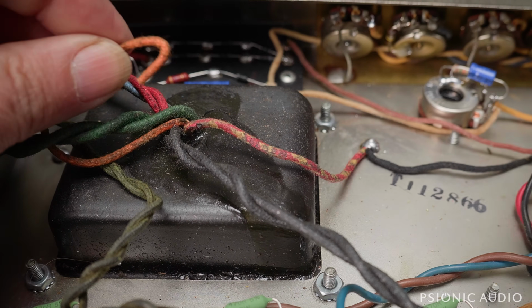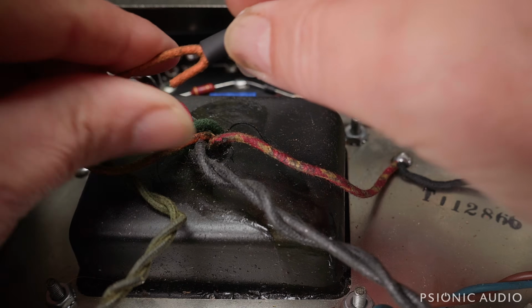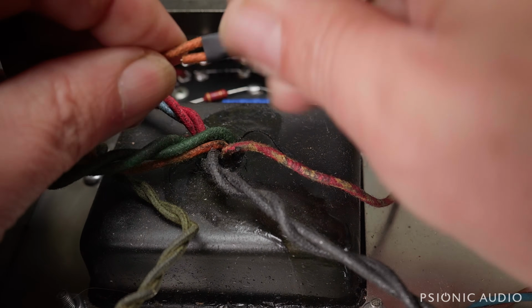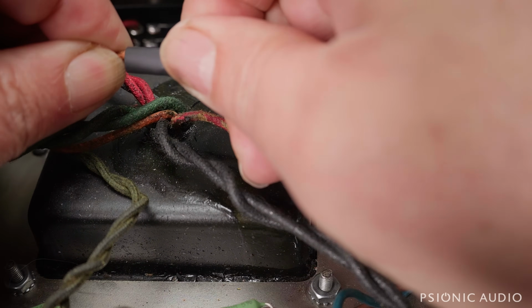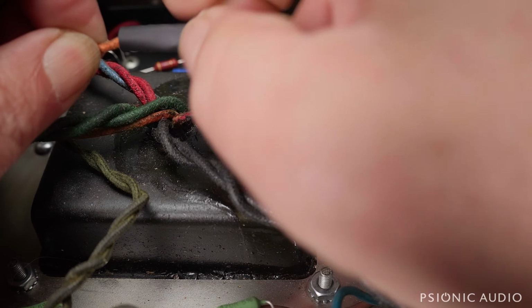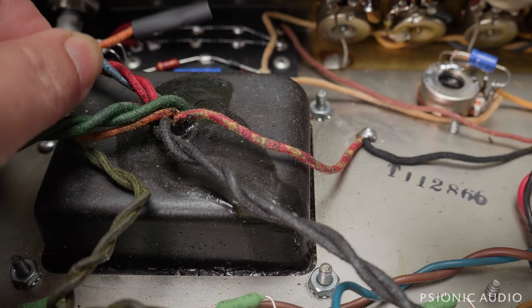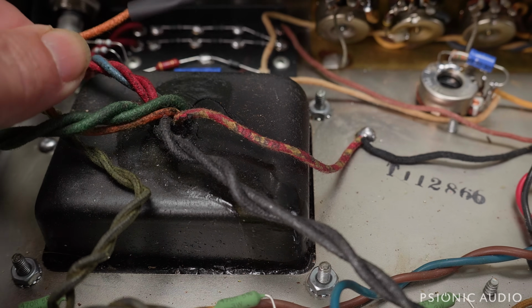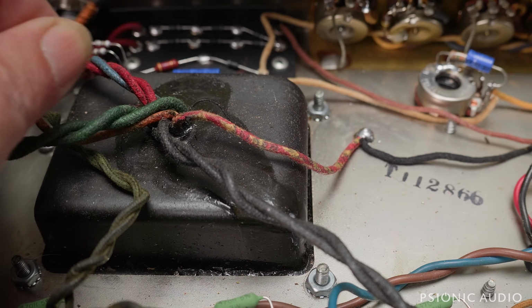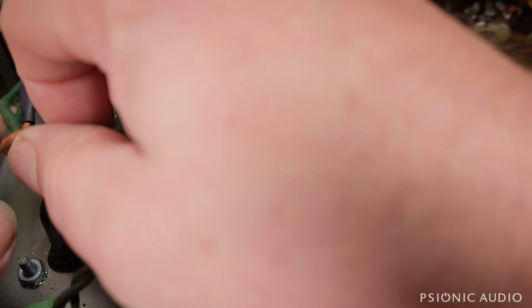So what I do is I bend that over on itself like that, and I take some shrink wrap. A little bit tricky to do this with the camera between me and the work, but I haven't shown this in a while. So I'll slide that on, make sure that it's covered in there. And I want to have it not just covered, but go over that a little bit, so when I shrink it, it cannot possibly come undone unless someone were to slit it. All right, that's nice and secure. So I will just continue to tuck this to the old heater wires here. It is secure, it is out of the way,